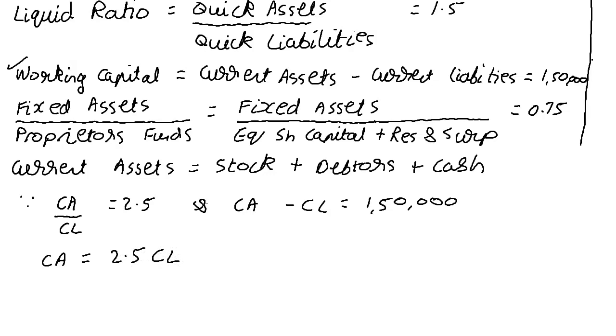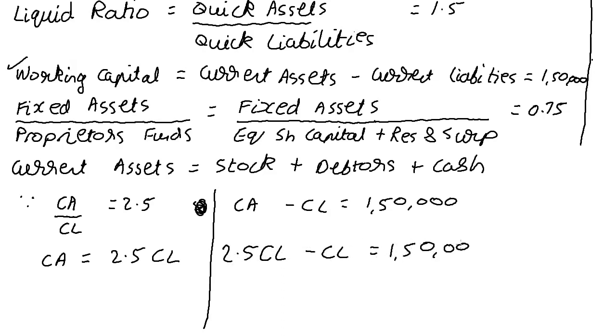Now I can substitute it in this formula. So 2.5 current liabilities minus current liabilities is equal to 1,50,000. That means 1.5 current liabilities is equal to 1,50,000, and therefore current liabilities is equal to